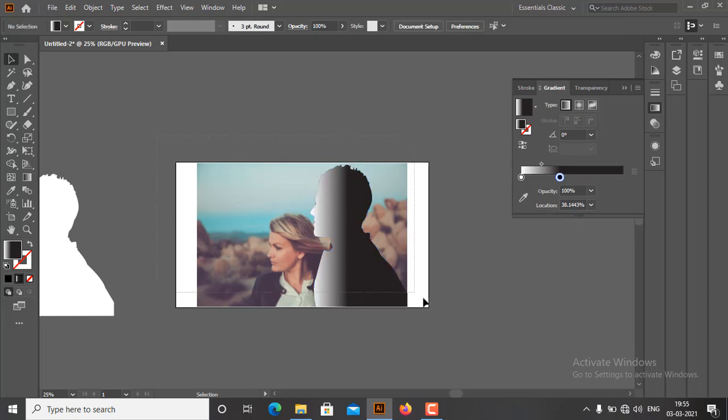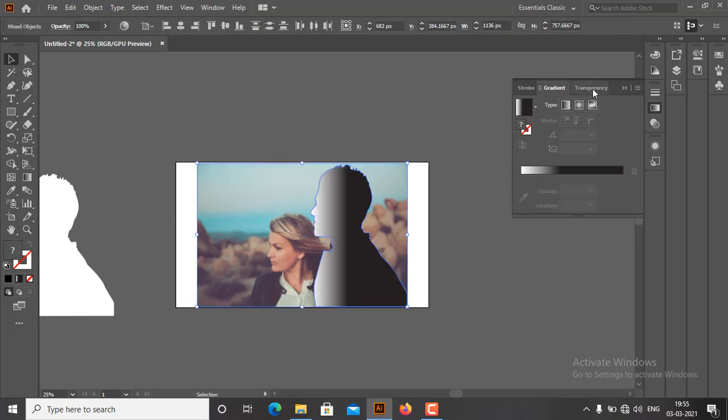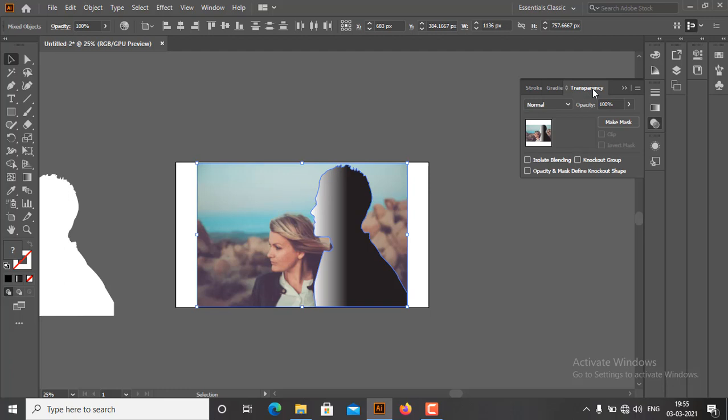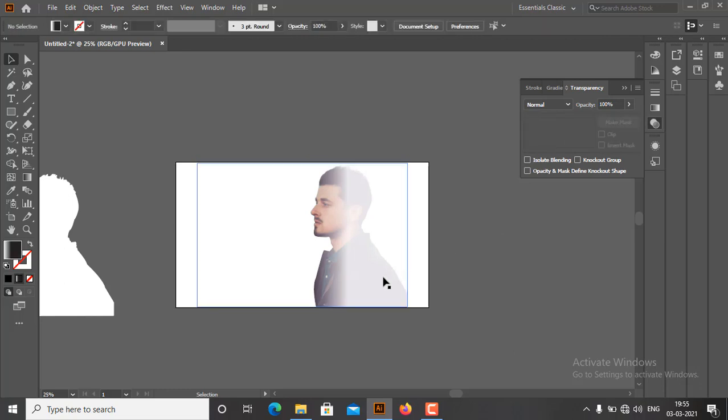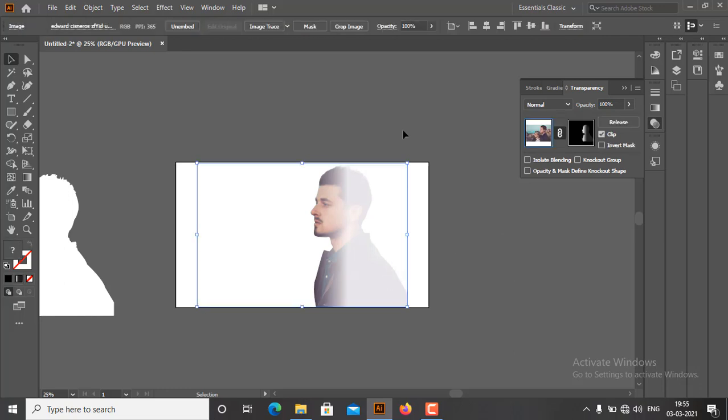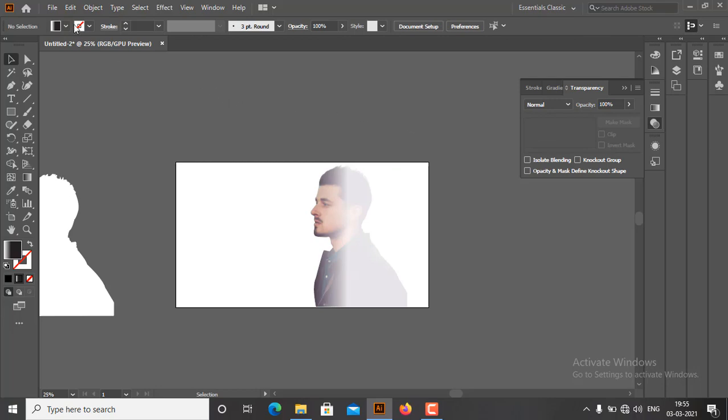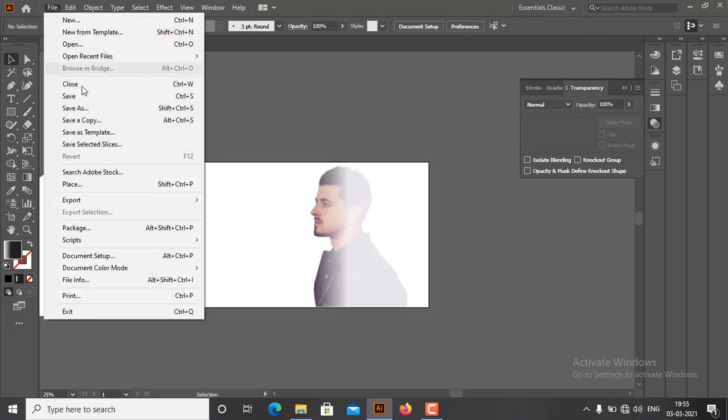Now select both image and trace path and go to the transparency panel and click on make mask. Next, we will import second image on the artboard.